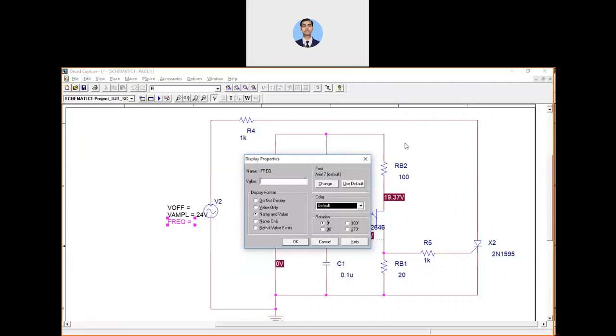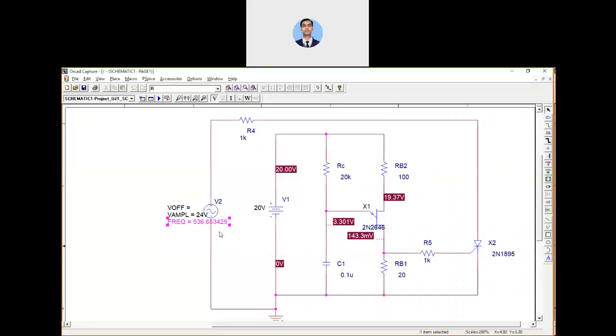So I'm going to give the frequency I have already measured, 536.653429 hertz. It has complicated decimal values, but no need to worry, because it is because of the oscillator frequency. You need to match the oscillator frequency, then only it will work correctly.